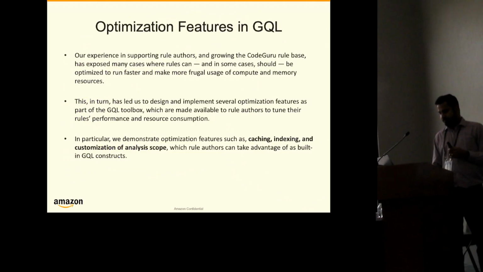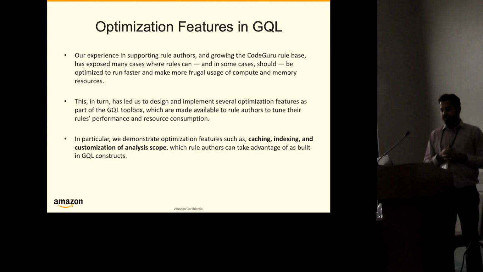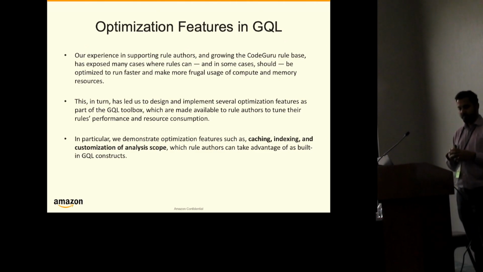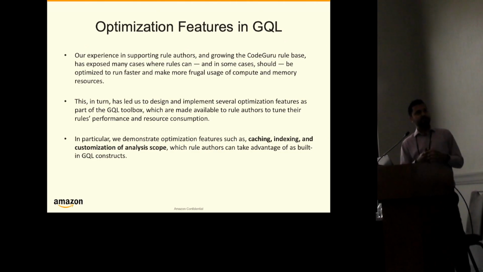So in this particular paper, we talk about the different optimization features in GQL. The rationale is that when we try to democratize GQL across different teams in Amazon, we experience that rule authors often encounter different challenges in writing the rules, and not only challenges in writing rules, but also challenges in evaluating these rules, because often rules can time out, it can be slow, there are memory constraints, there are CPU constraints. So all these different pain points of customers